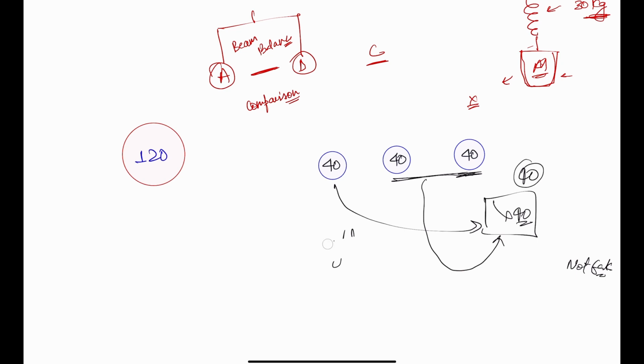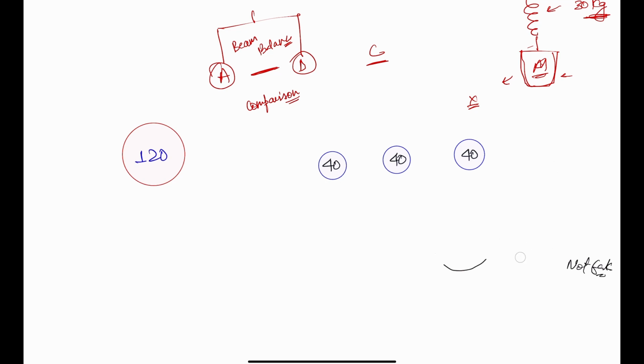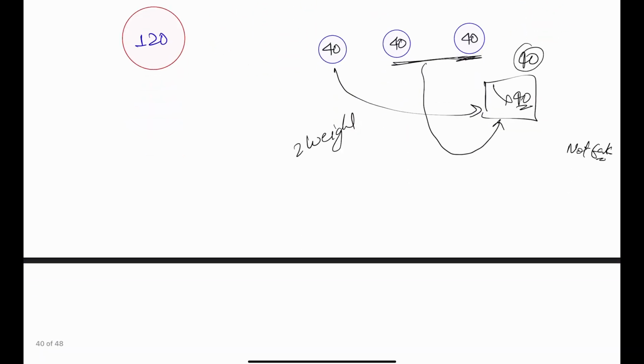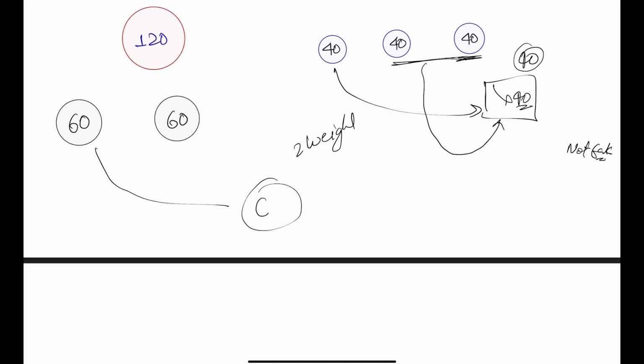But if we approach a different approach, that is nothing but if we divide it into, let's just keep it like this, okay, right? Because we have to find the minimum number of weighings. So if the minimum number of weighings is asked, if you make a 60-60 group, what is going to happen? Kushal will just keep this 60 over here, and either it will say fake or not fake. So he can say, okay, if that is not fake, then the other 60 is fake. In first weighing,